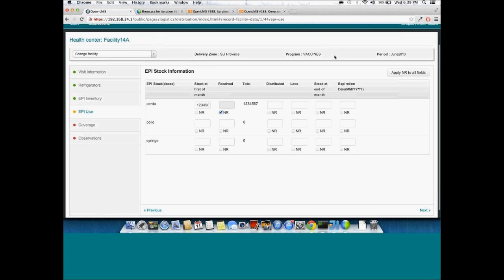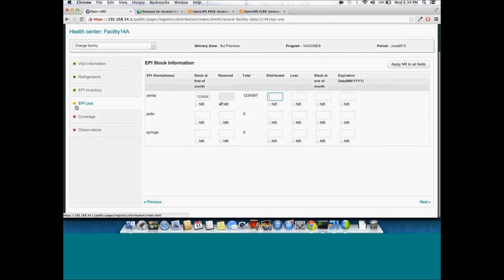As you can see, initially the indicator over here was red, which indicates that the form was incomplete and not filled. And when I started filling it, it became yellow, indicating that the form is partially filled. And if I fill all the data,